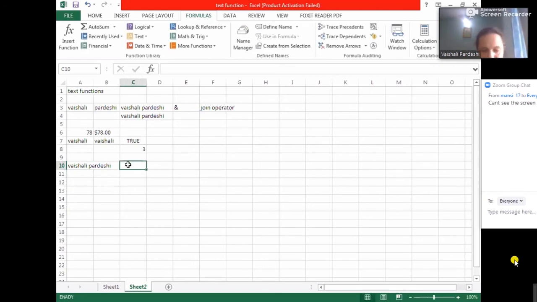You will always combine it with some find or search function or length function. But today we are using it as a standalone function. So left: from the left, I have to extract characters. So this is my name. And I say from the left, you extract 8 characters.